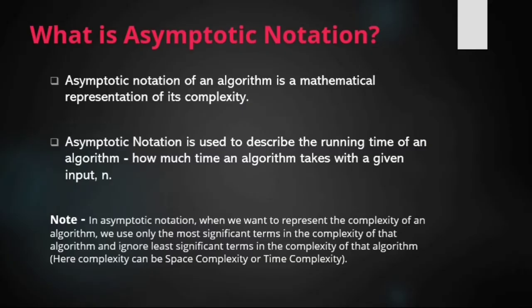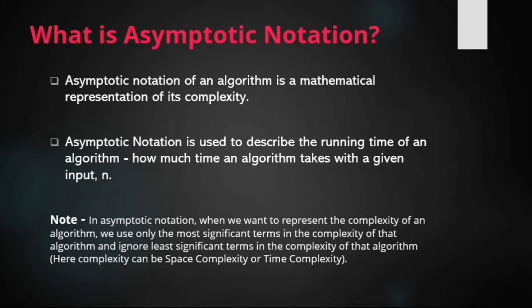Whenever we want to perform analysis of an algorithm, we need to calculate the complexity of that algorithm. But when we calculate the complexity of that algorithm, it does not provide the exact amount of resource required. So instead of taking the exact amount of resource, we represent the complexity in a general form, which produces the basic nature of that algorithm. We use the general form for analyzing processes.